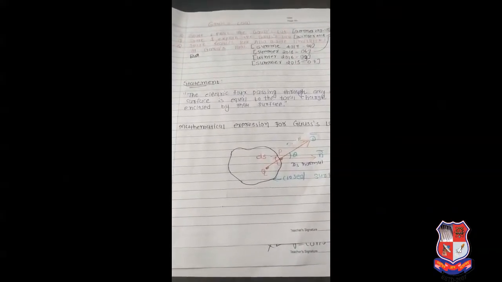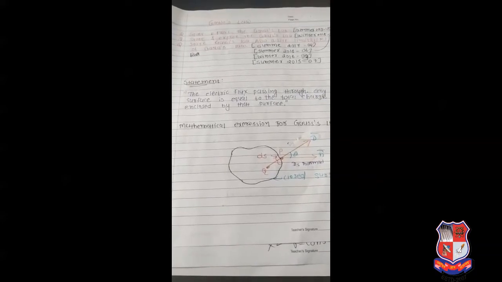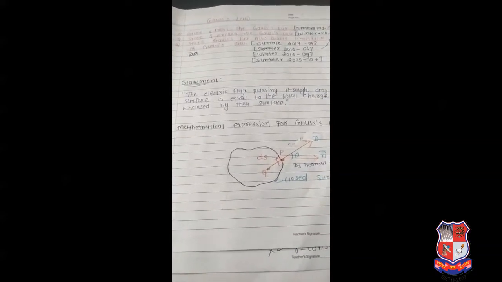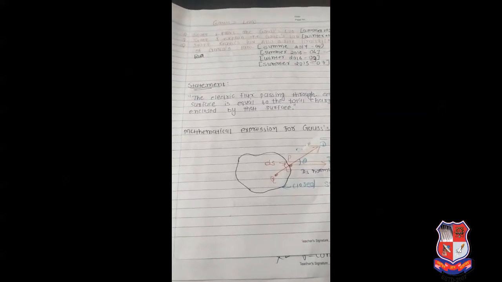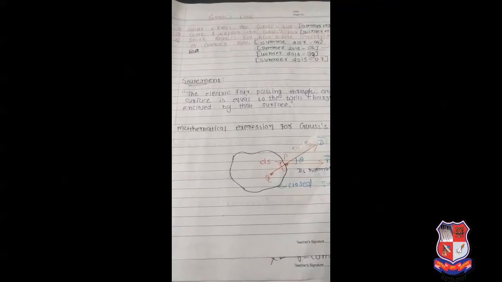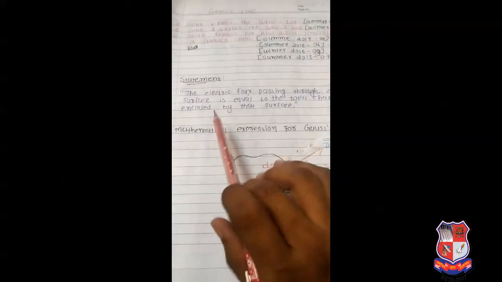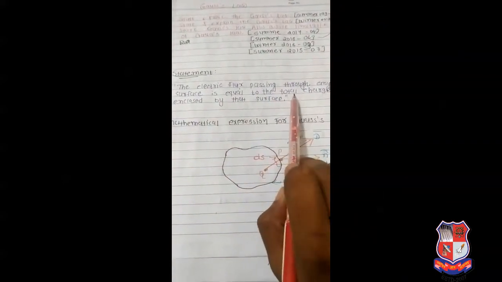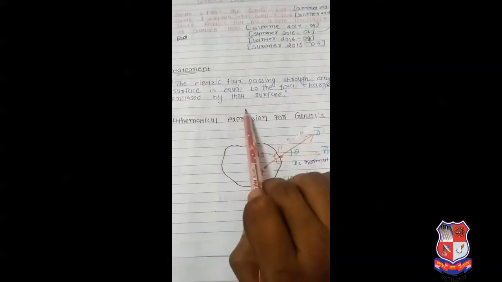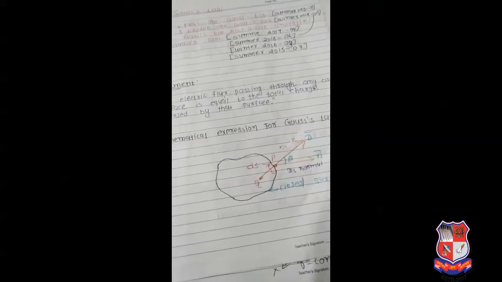Hello, welcome to this video lecture on electromagnetic field in the 4th semester subject. Now in this video lecture I will explain Gauss law. First of all, we see the statement. What is the statement? The electric flux passing through any closed surface is equal to the total charge enclosed by that surface. That means